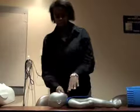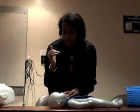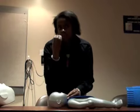So you just go through the same steps. You come in the room, check the area, look at the infant. No signs of severe injuries. Try to wake them up. Are you awake? Do not wake up. Ask someone to call 911. And then your next step is to open the airway. Listen to see if they're breathing, same as adults and children. 1 1,000, 2 1,000, 3 1,000, 4 1,000, 5 1,000. Not breathing. And with adults, you gave them a regular breath. With infants, it's a short breath, a short